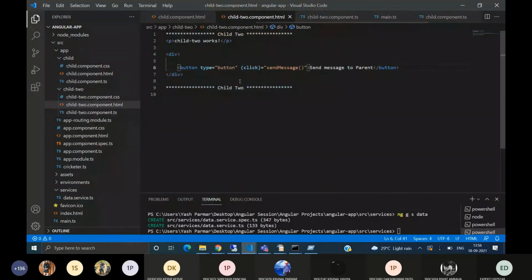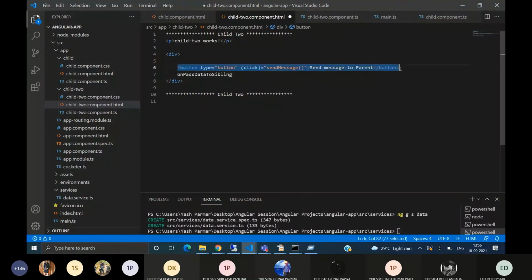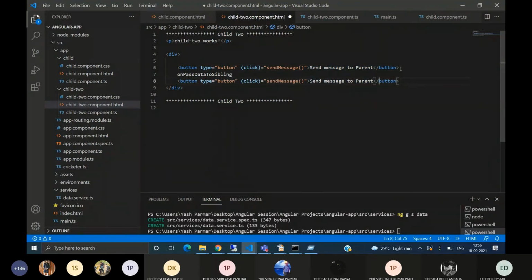This method will be called on clicking a button that calls send message to sibling.